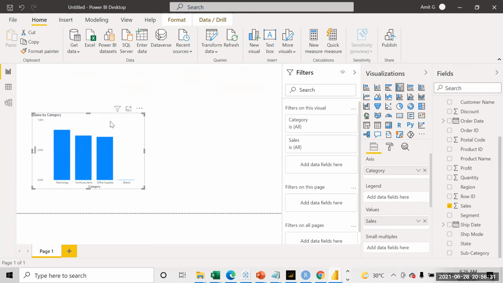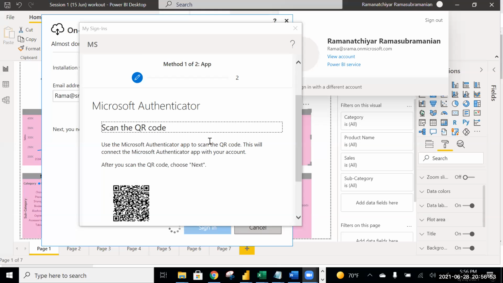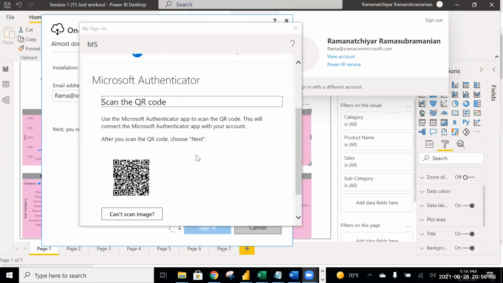It is asking for Microsoft Authenticator, but when I give the email ID I created, it's saying the Microsoft account does not exist. Should I try with a different account? Can you just share screen once? No, it's asking me for mobile. Yeah, one second. So this is the message I got.